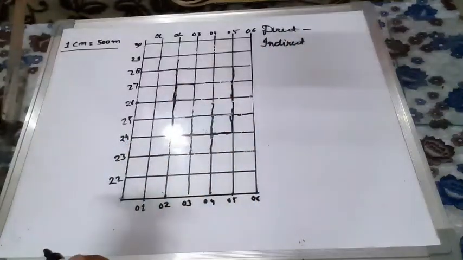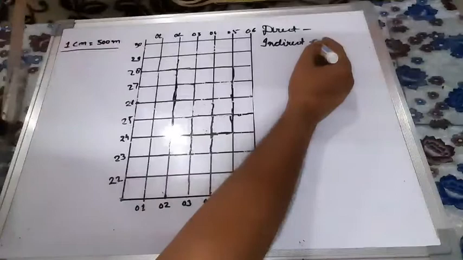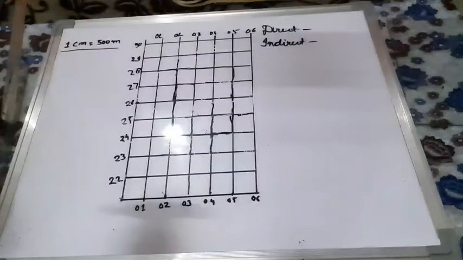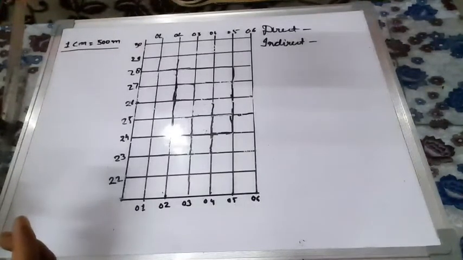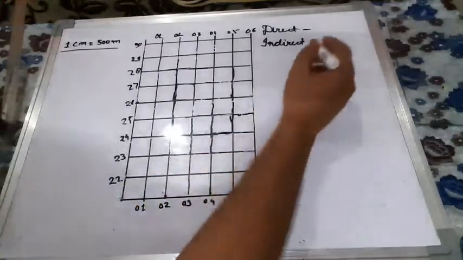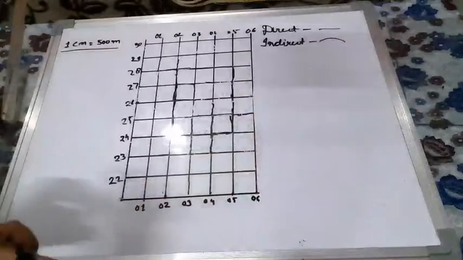Direct distance we measure using the scale or ruler or divider, and in indirect distance we use strings, threads. So now let me tell you the other basic difference between direct and indirect distance. We measure the direct distance between two places that are in a straight line to each other, and we measure indirect distance for places like rivers, roads, paths, because they are not in a straight line, they are curved. In other words, for straight lines we use direct distance, and for curved ones we use indirect distance.